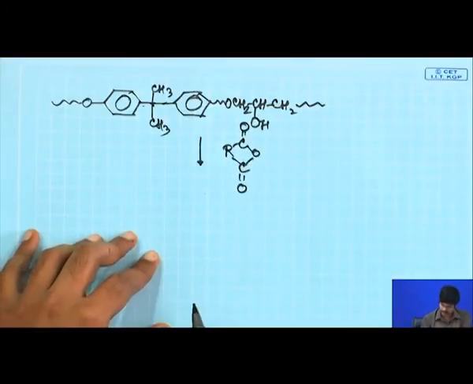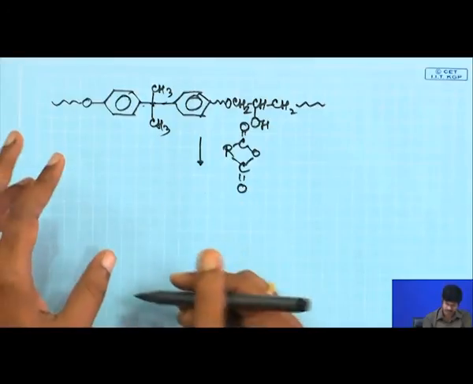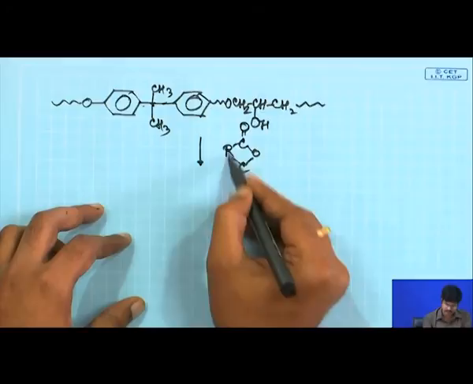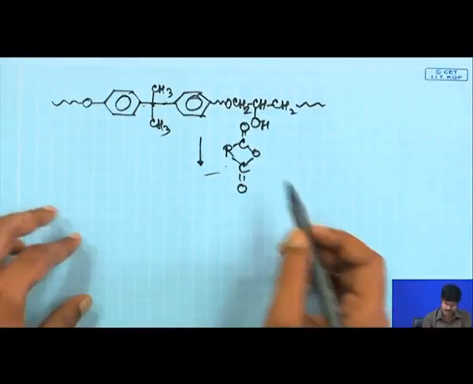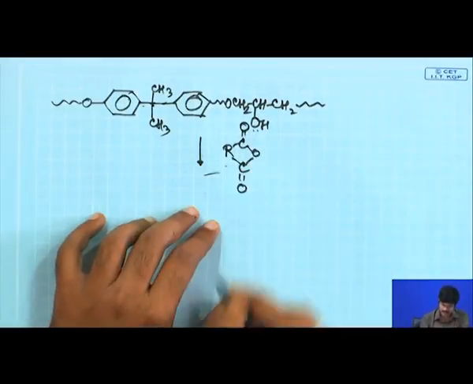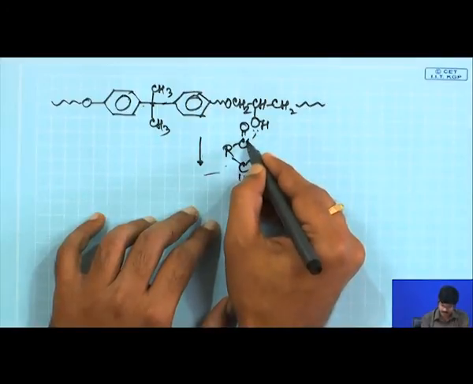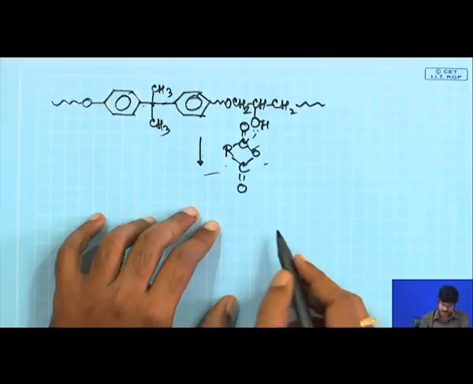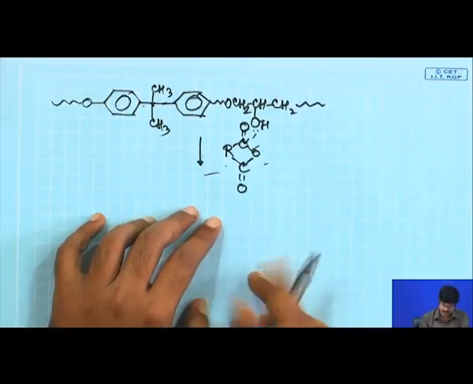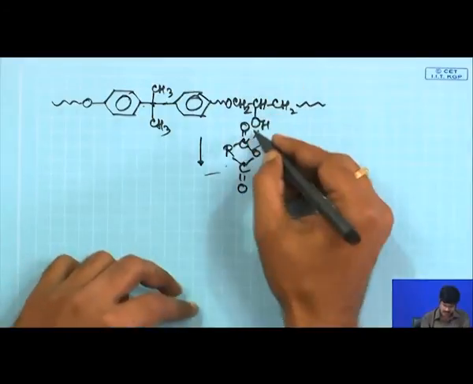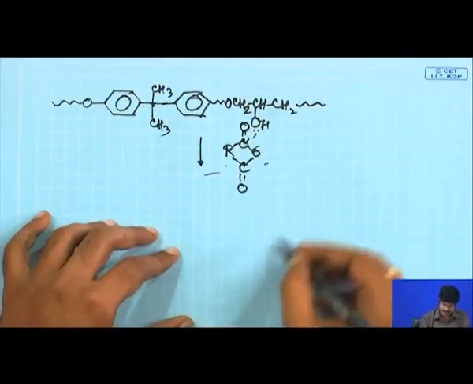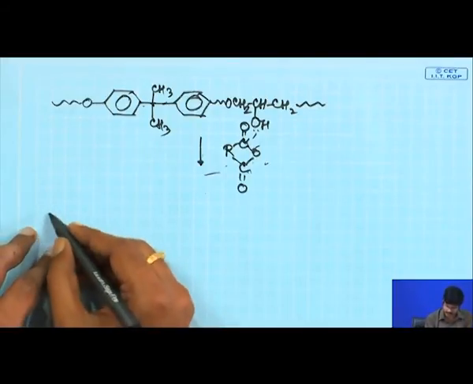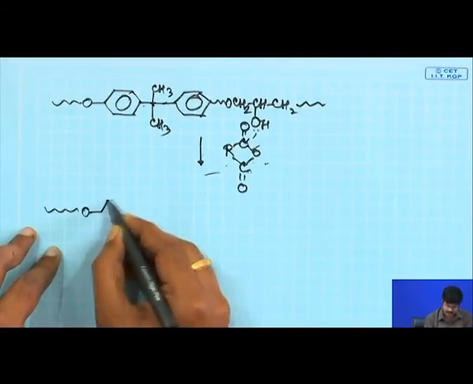All right. R is some unit, it could also be, for example, phthalic anhydride. So, in that case it will be an aromatic ring, benzene ring, so on and so forth. So, what will happen, this oxygen can attack here and it can open up like this, and also another oxygen from another chain, or that oxygen from the secondary hydroxyl from another chain, can attack here and open up like this. So, ultimately what you will have is a product which will be looking like this,